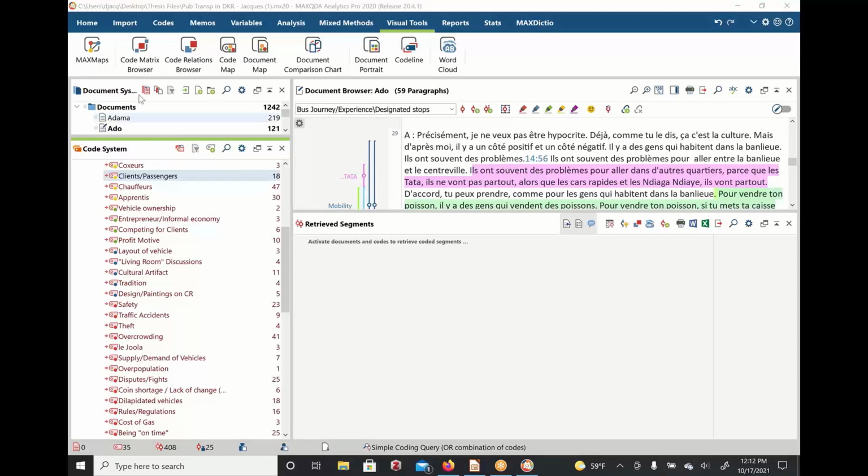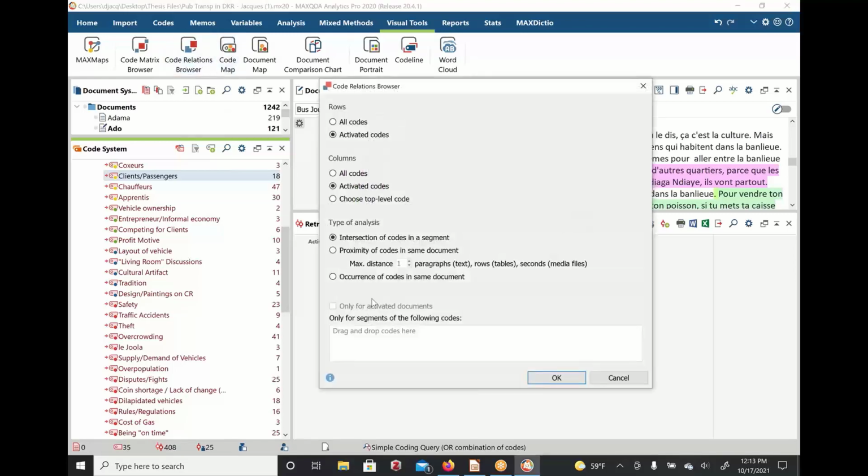Okay, lastly, we have the Code Relations Browser and the Code Matrix Browser, and these are two of my favorite tools in the whole software. The Code Relations Browser will essentially show us visually where our codes are co-occurring. So it's similar to the code map where we were looking at either intersection, proximity, or occurrence. But instead of putting those codes on a map, it's going to show us the